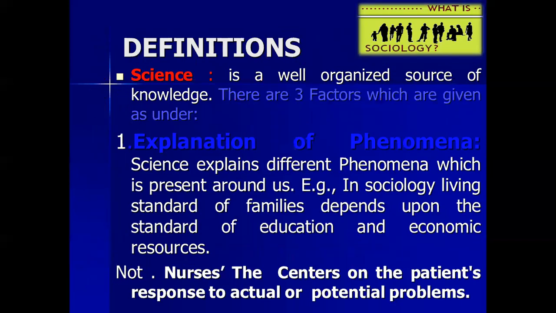Definition. Science is a well-organized source of knowledge. There are three factors given under the explanation of phenomena, meaning the exploration of the phenomenon. Science explains the different phenomena present around you. In sociology, the living standard of families depends upon the standard of education and economic resources. Note: